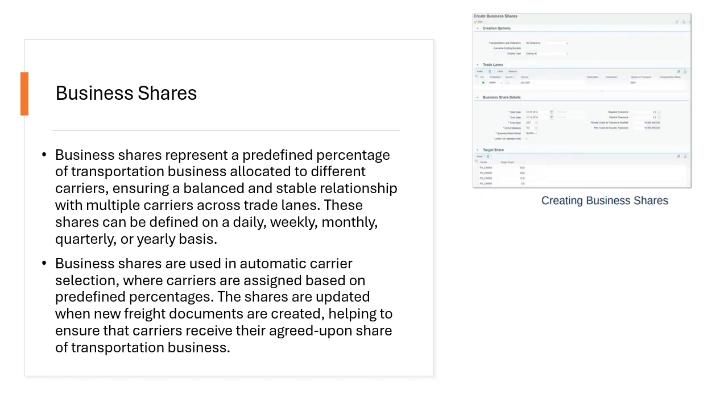And this image shows the process of creating business shares within the transportation management system. So this also outlines how organizations define trade lanes and associate specific carriers within trade share, by allowing users to assign a percentage to each carrier based on performance and obligations. So this image also shows how businesses can manage their relationships with multiple carriers effectively. So the capability is important in achieving strategic objectives while also ensuring the service levels are met